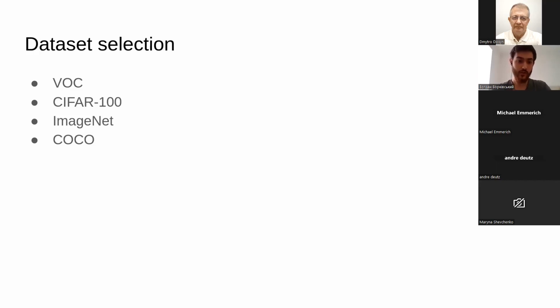Also, we considered ImageNet, which has a tremendous amount of data, thousands of classes, hundreds of thousands of images for each class, but its size requires a lot of computational power as well as a lot of time to train such a model. So we had to find a balance between how many classes we can detect and the time we can spend on training such a model. So we looked at the fourth dataset here, the COCO dataset, which is probably the most famous